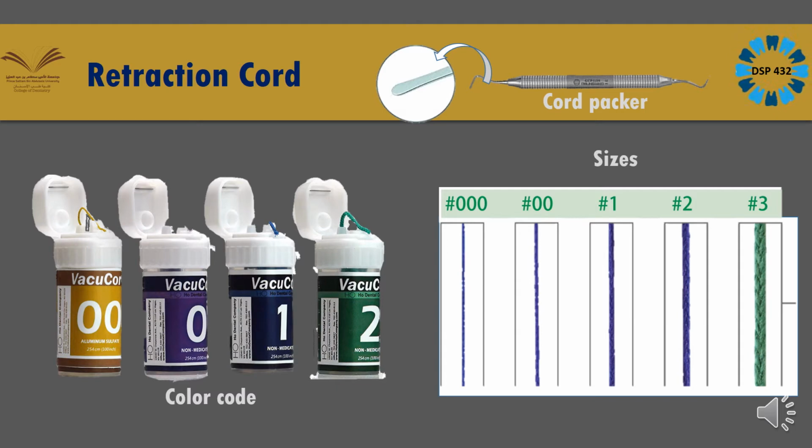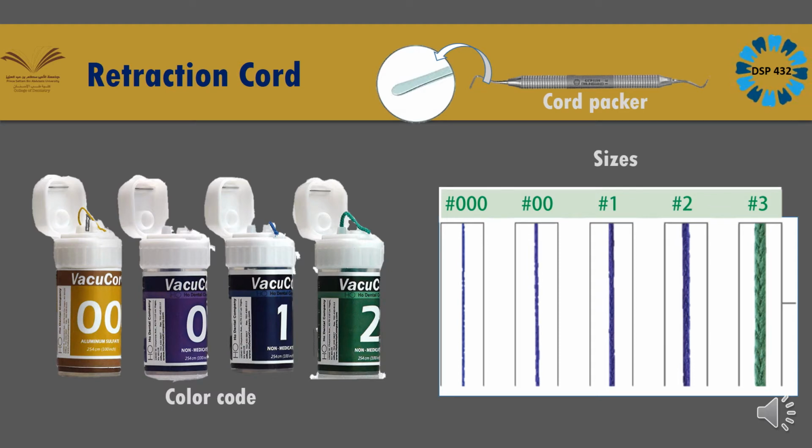So whenever you want to do the retraction, first of all you are supposed to check the sulcus with the help of your periodontal probe. Make sure there is no calculus or stain around your cervical area. Generally before you start your preparation, we do periodontal treatment, and only then can we start prosthetic treatment. But sometimes it goes unnoticed if your periodontist has not done it properly, or your hygienist failed to do the scaling and polishing properly, or if there is a long period of time between the scaling and polishing and your tooth preparation, the calculus is there.